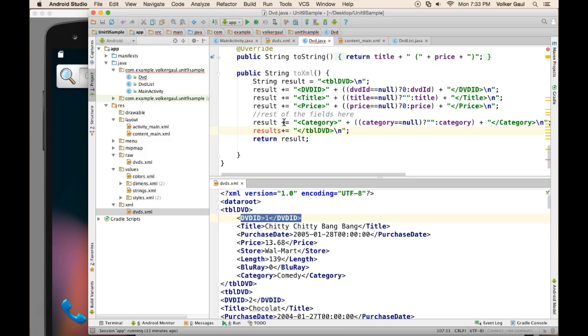It's not plural. But this is part of my class. So now whenever I want to write that, in the main activity, for instance,